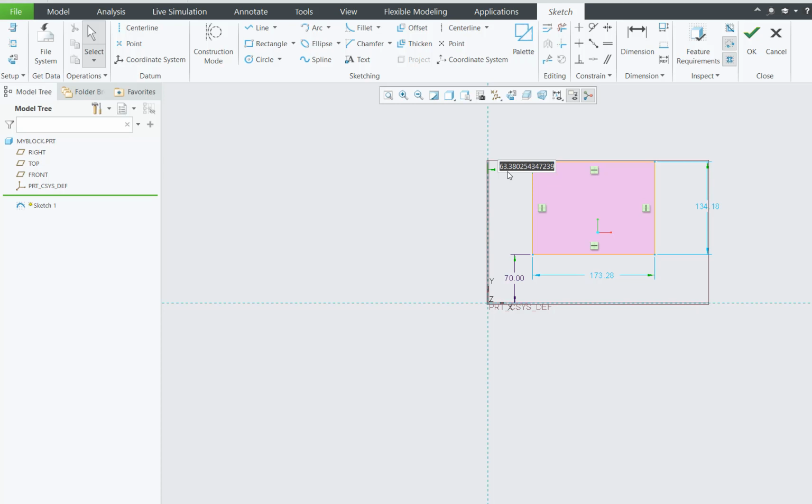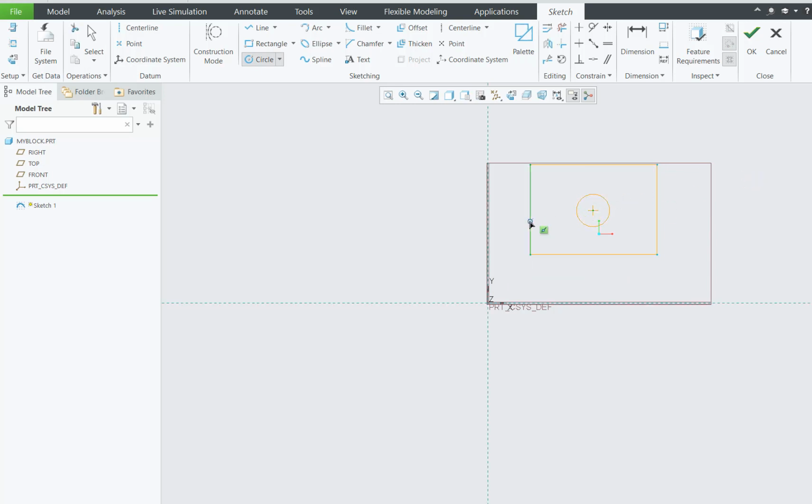So this is 60, some random dimension, but I know the location of this point, which is this many units. Then I'll give this, similar to the previous tutorial, 180 width, and double click the middle mouse, and you do the same thing here, 130. Okay, I make my rectangle, and I have a hole at the center, so roughly make my